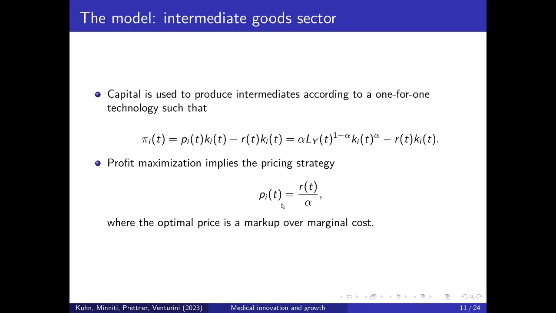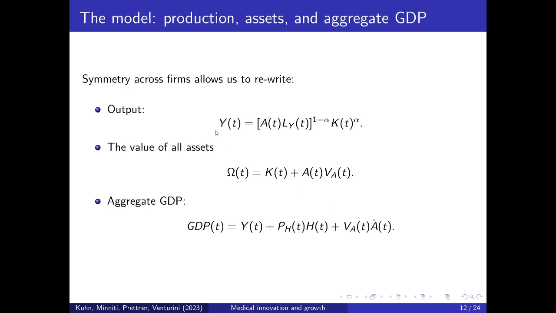There is another consequence of profit maximization in the intermediate goods sector, and that is that firms behave symmetrically. So all the firms in the intermediate goods sector charge the same price. The index i for the different firms does not show up on the right-hand side. And that means we can rewrite aggregate output in the form of a Cobb-Douglas production function with labor augmenting technological progress, where A_t multiplies with the number of workers.